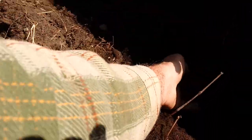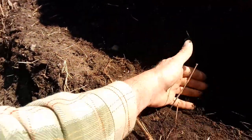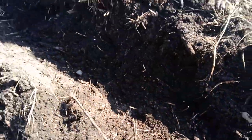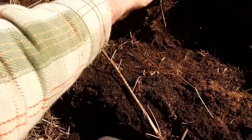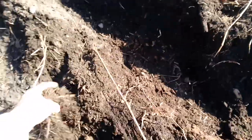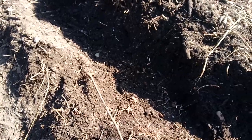See, that's not mulch, that's real dirt. You put them right down into the real dirt area, and then you put the mulch right back on top. Just enough now this time of year. It's now February 3rd, I think, or it might be February 4th. Anyway, this is when you plant them. Many people say in Zone 7, Valentine's Day, February 14, but it doesn't really matter, because as long